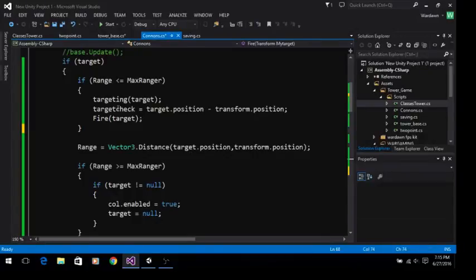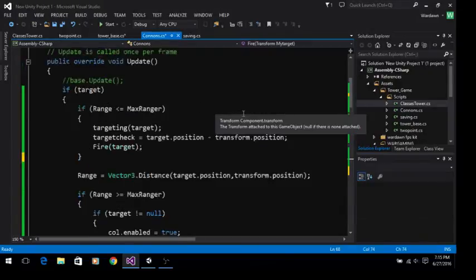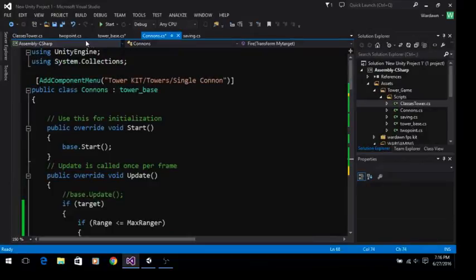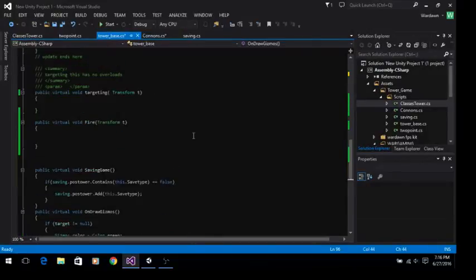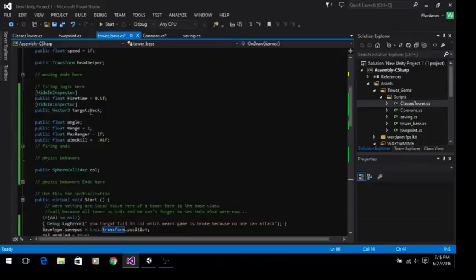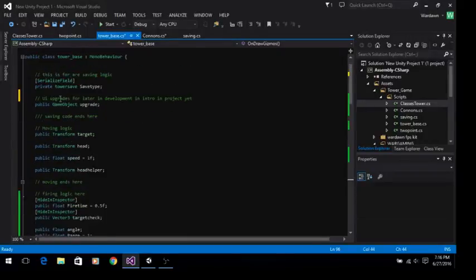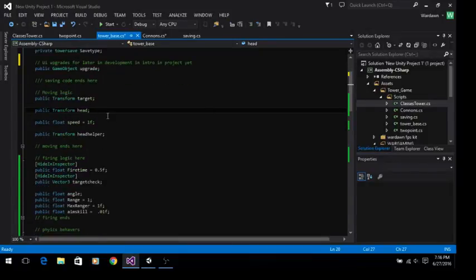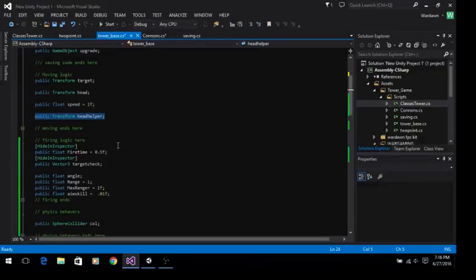Target check equals, okay, so we've got some math going on there, which is what it is. That's the thing I was wondering. So let's take a quick look at our tower base. We've got upgrade, that's not new, the target transform, head, those two transforms, which seems legit. Speed, the head helper, I look for the head thing to be there pretty